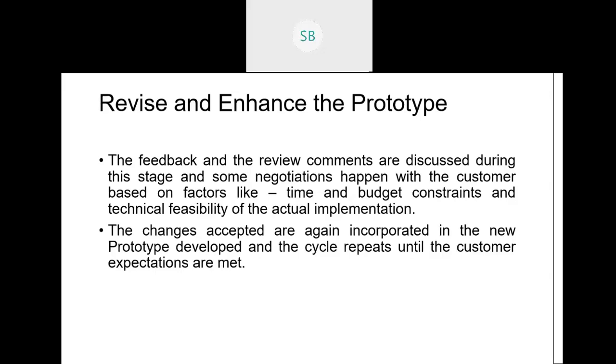And then once it is developed and the customer is satisfied with the product, until and unless the customer is satisfied, this software prototyping process keeps going: initial requirements, then developing the prototype, and then review and revise. This review and revise will keep on going, that is the iterative process. So this is the entire process of software prototyping, starting from the initial requirements, where they have a clear basic understanding of what the software will do, how it will look, and who will be the users of the system.